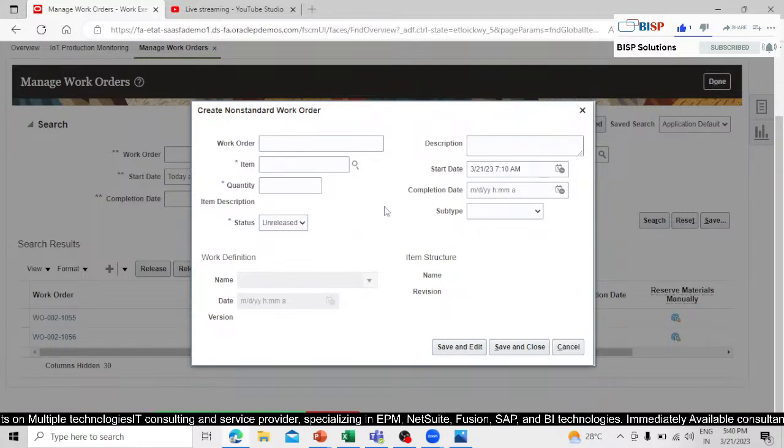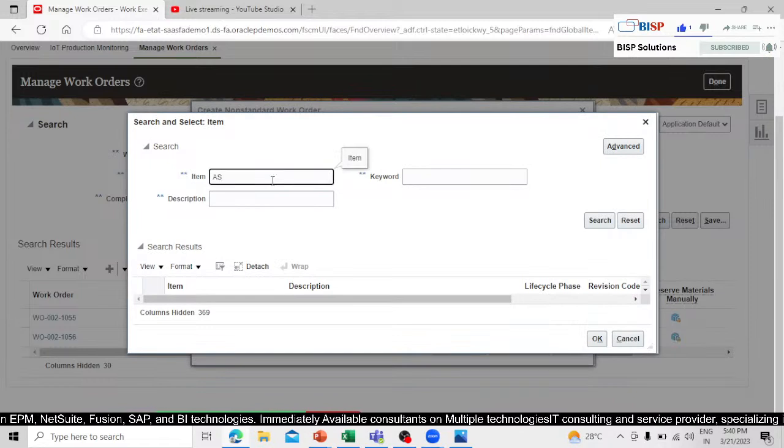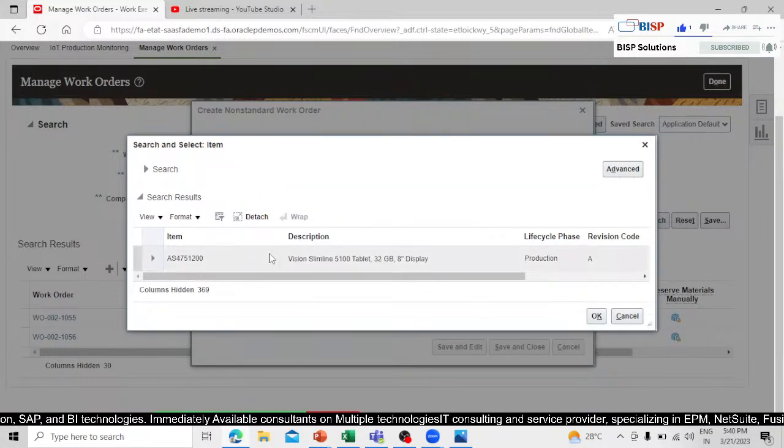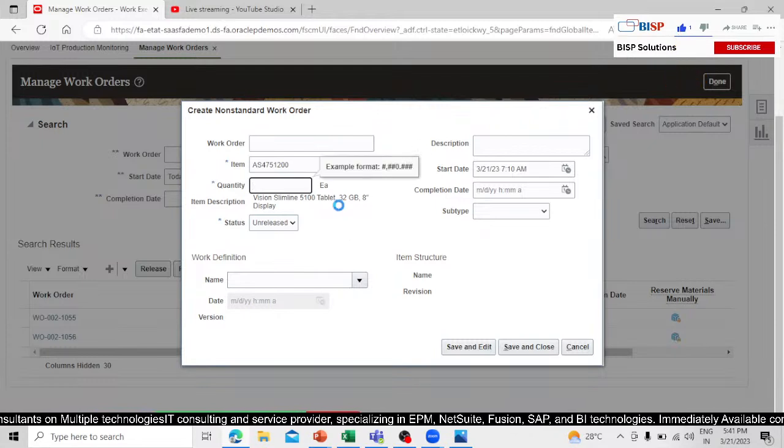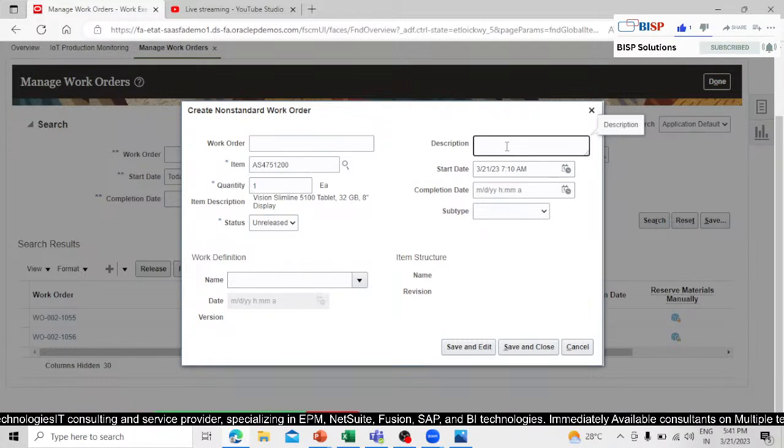Let's search the item. The item is 4751200. Select the item. Yes, you can see the work definition is not defined for this operation, right? Quantity you can define like one quantity, status is unreleased, and this is our